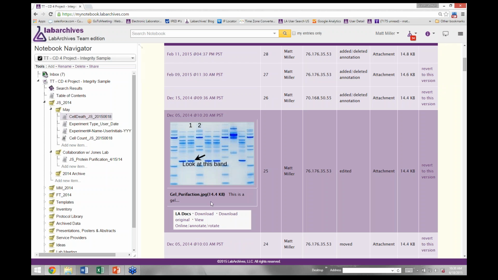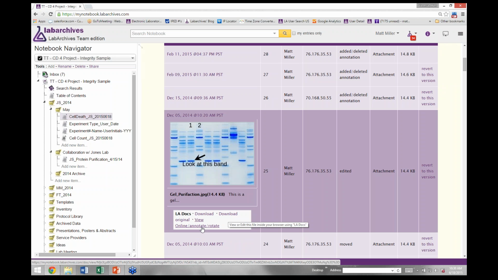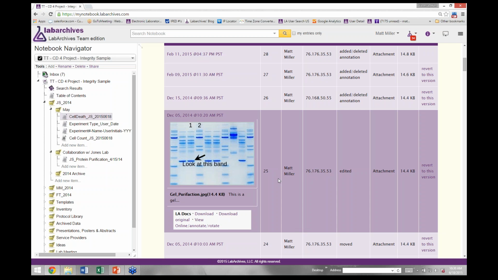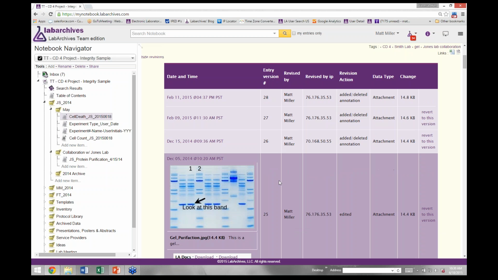Because we track all versions, I can download this version as it existed on December 5th directly from this location. I can download the original, or I can view and annotate this particular version on December 5th. As you can see, we also track the version entry number, so that we've had 28 modifications to this particular